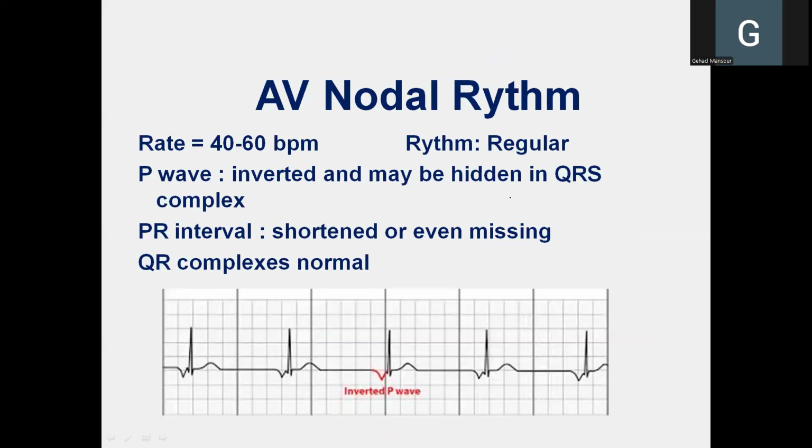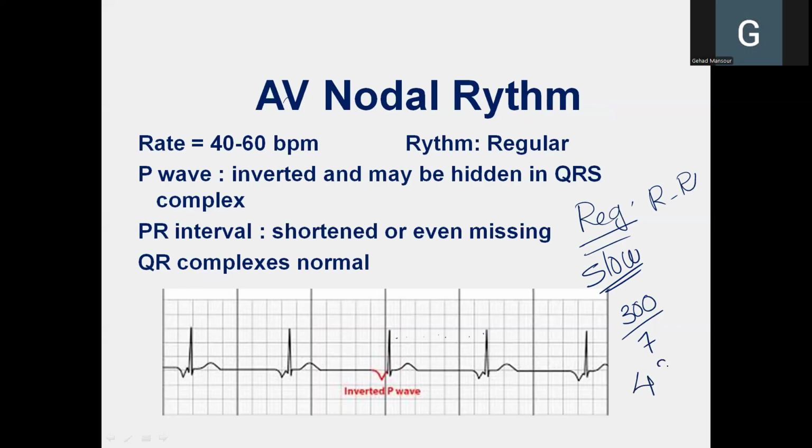In the AV nodal rhythm, what does this mean? Why is this an AV nodal rhythm? First of all, it's a regular rate, as indicated by equal RR intervals. Second, it's a slow rate. So for example, we can say that we have around 7 big squares. If you divide 300 by 7, you would have, for example, 43 beats per minute,